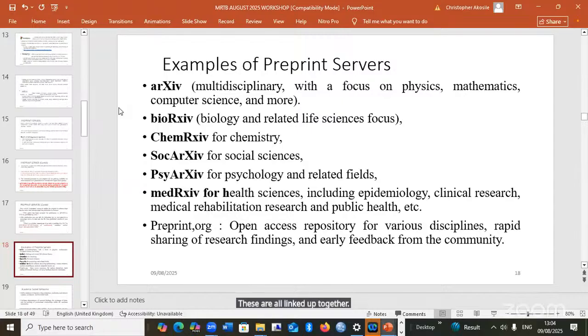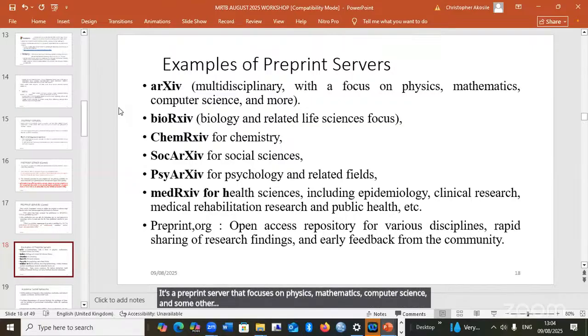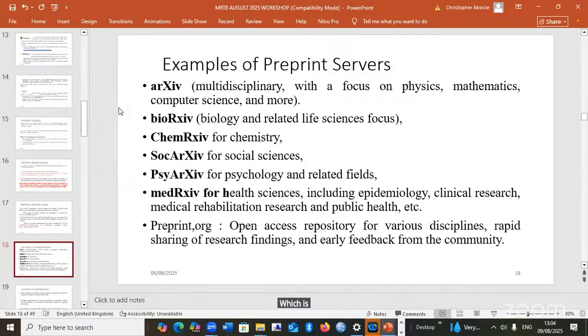Some examples of preprint servers. We have arXiv, a preprint server that focuses on physics, mathematics, computer science, and some other sciences. Then we have bioRxiv, which is for biology and related life sciences. We have chemRxiv, which is for chemistry.